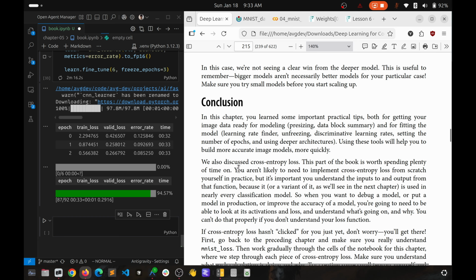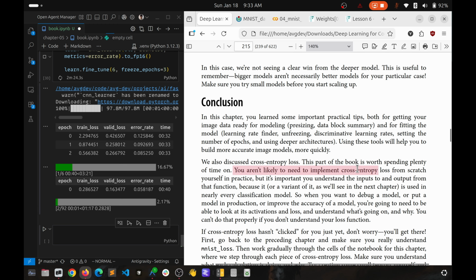We also discussed cross-entropy loss. This part of the book is worth spending plenty of time on. You aren't likely to need to implement cross-entropy loss from scratch yourself in practice, but it's important you understand the inputs to and output from that function, because it, or a variant of it, as we'll see in the next chapter, is used in nearly every